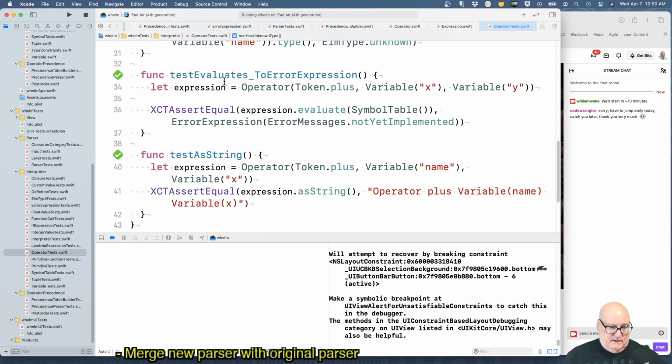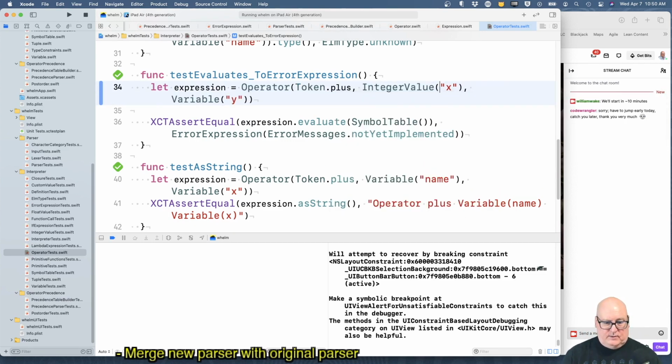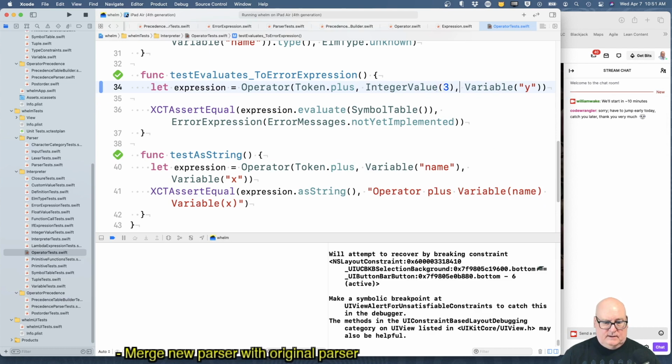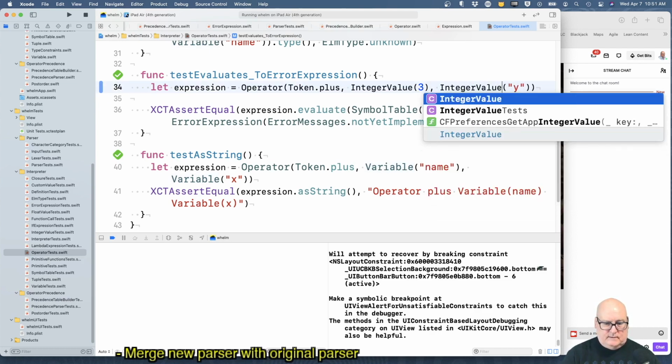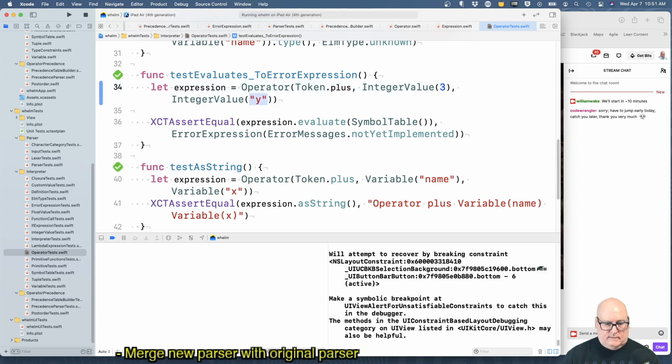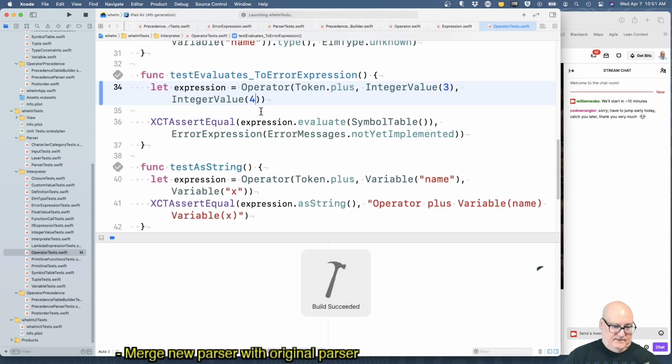Okay. Evaluates to error string. Well, variable x. I think we can get the same thing if we did integer value 3 and integer value 4. And they have the advantage that we can evaluate them.